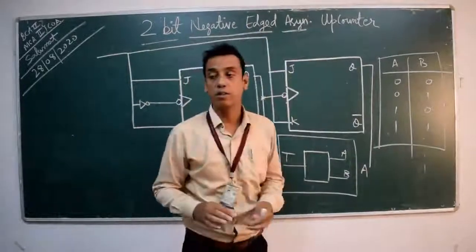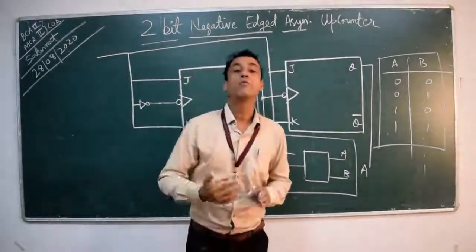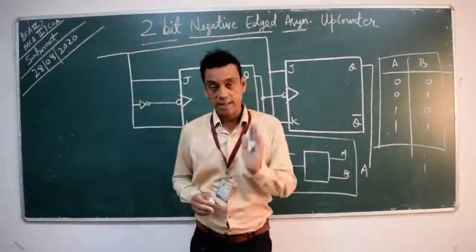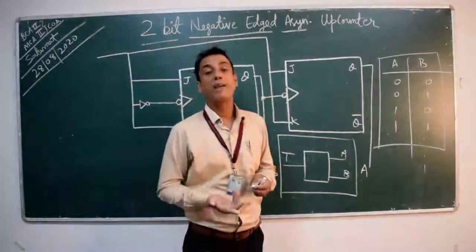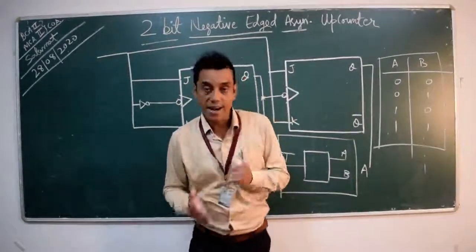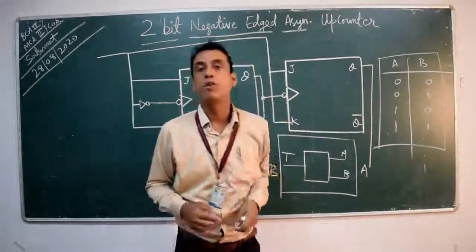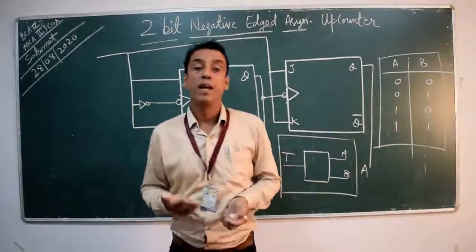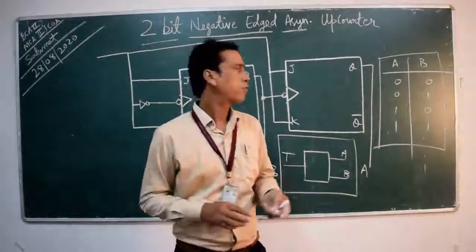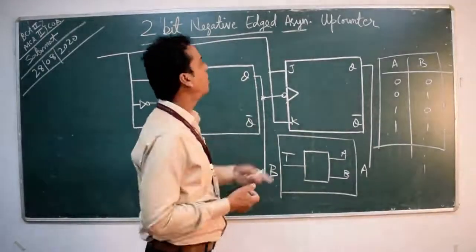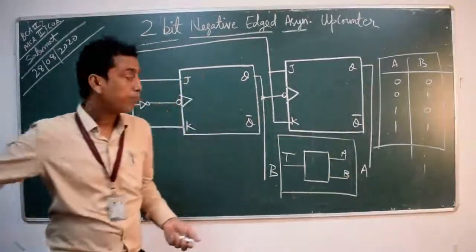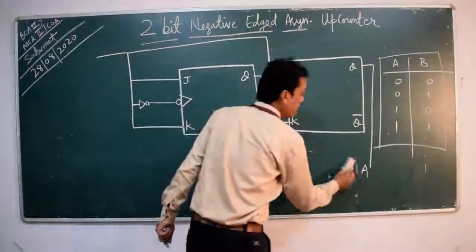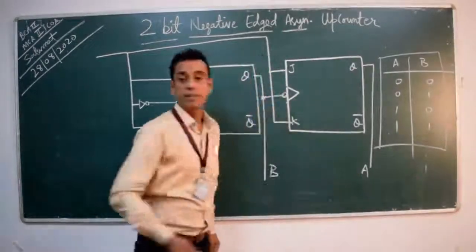Now come to up counter. If the counter produces the combination of binary digits in ascending order, then it is an up counter, and if the counter produces binary digits in descending order, then it is known as a down counter. There is also the possibility of an up down counter, and also a down up counter. There are various types. Here, in this case, we are going to learn the up counter. This is the most simple type of counter. We will start with it.